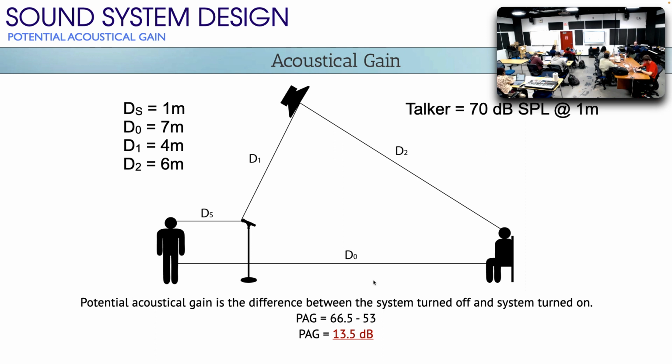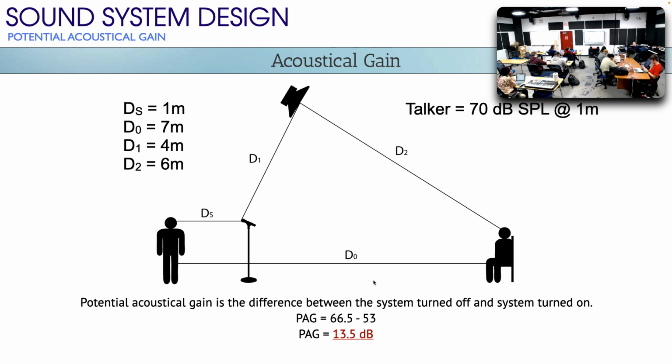That's our acoustical gain. Yes, Jesse. So the potential acoustical gain is the maximum amount of gain that you can get from your current sound system before it feeds back. Or rather, when it feeds back. It feeds back when you achieve 13.5 dB. What is your general rule of thumb regarding the headroom that you leave